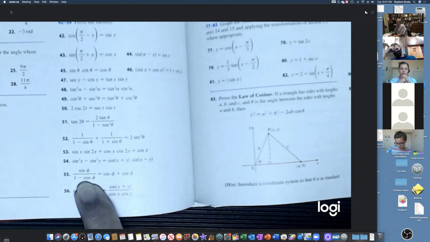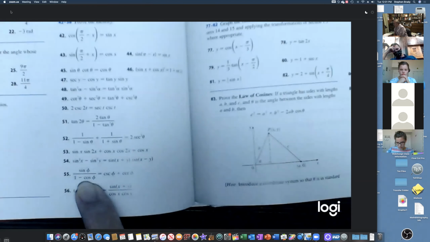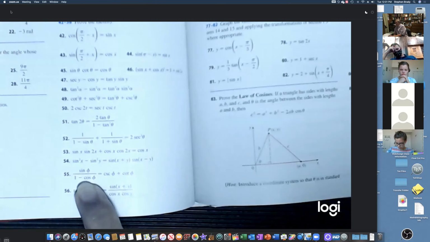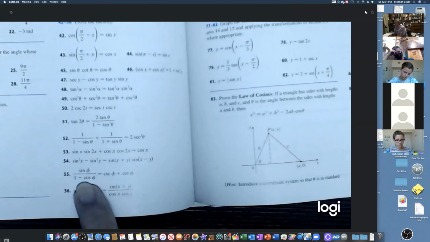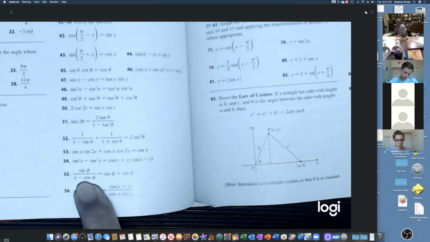If I multiply the denominator by 1 plus the square root of 2, I will get 1 minus something times 1 plus something. That's called the difference of 2 squares. If I have a plus b times a minus b, that's a squared minus b squared. In this case, the a is 1. When I multiply 1 minus the cosine times 1 plus the cosine, I get 1 minus the cosine squared